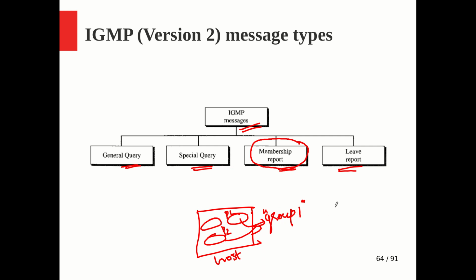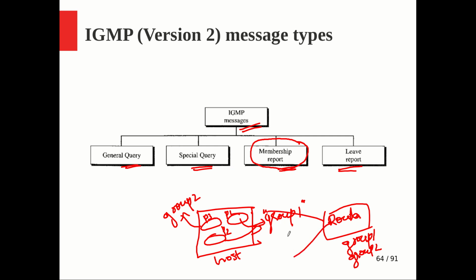And this particular process 3 may be part of group 2, something like this. So when you look at the router, on the way, the router will also maintain a list of all the groups, like group 1 is there and group 2 is there, because this particular host is part of the network where the router is connected. So who are all the groups this host participated in? Group 1 and group 2. Maybe a different host may be part of group 2 again, and it may be part of group 3. So all those things will be updated in the router. So everything will be done with the help of the IGMP protocol.